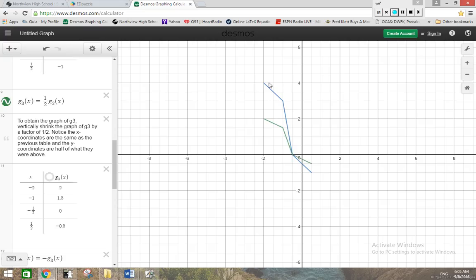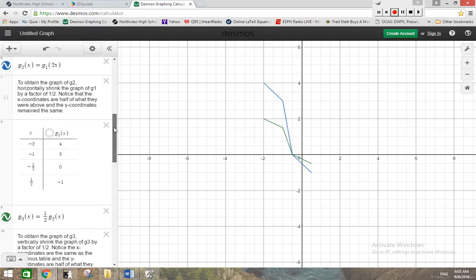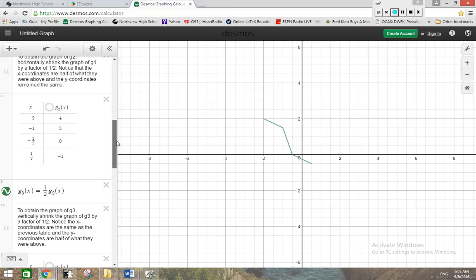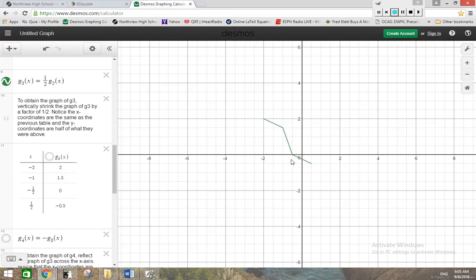You can see how it squeezed down. This had a height of 4 units above the x-axis. Well, it shrunk, and now it's only 2 units above the x-axis. Now let's turn off the previous one. I don't think I'm colorblind, but boy, those look like very similar shading. Alright, so now I have this graph